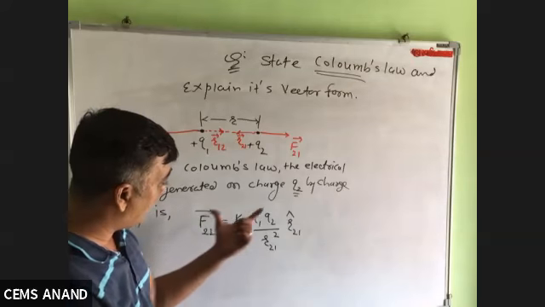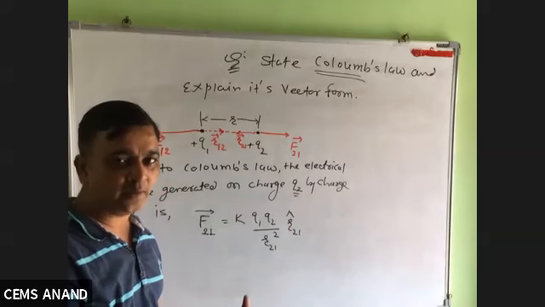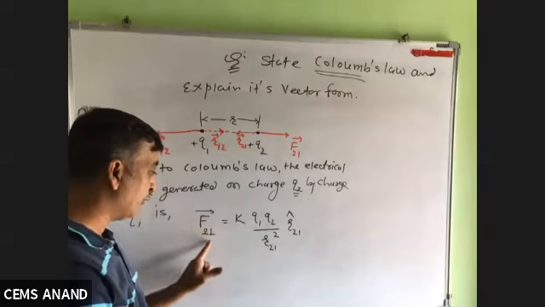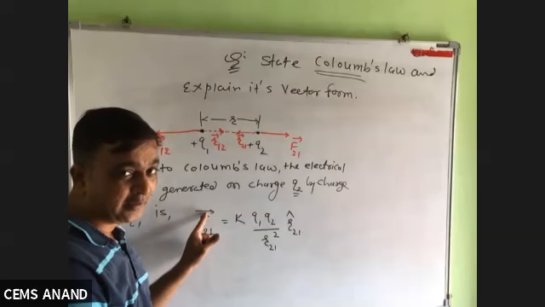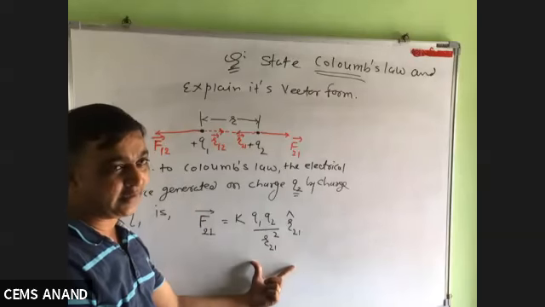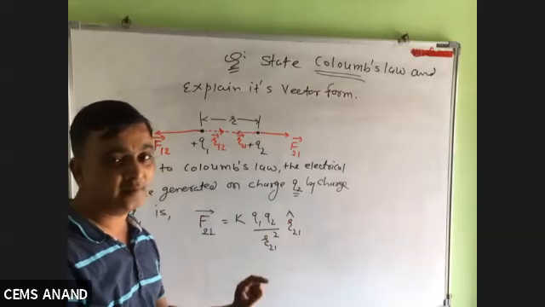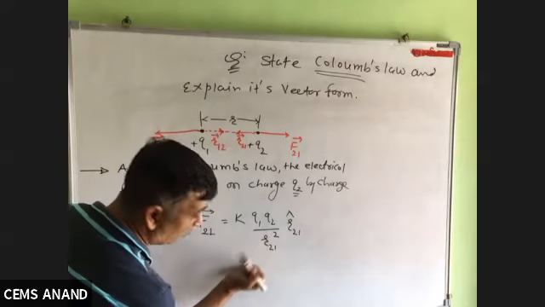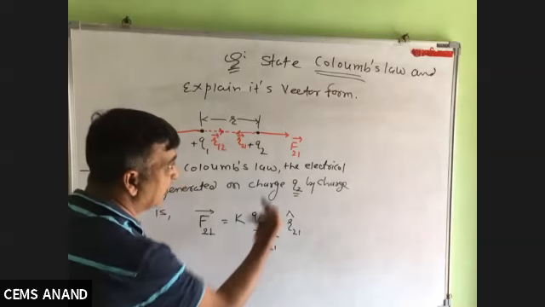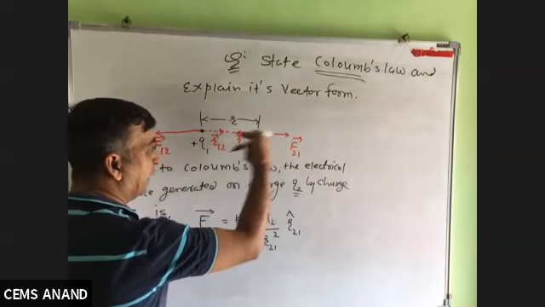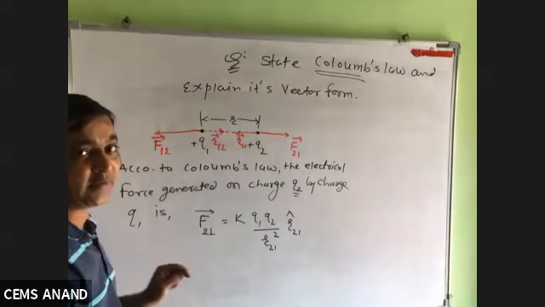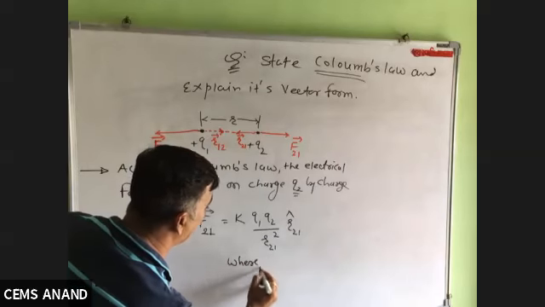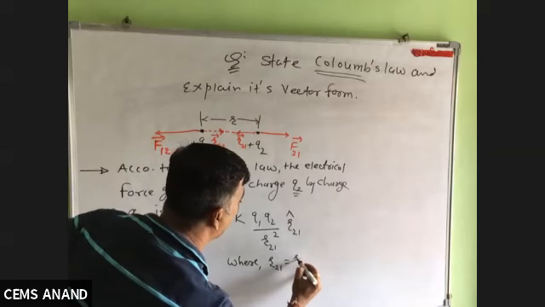The process and the equation is almost equal. Why is it so? Because we are denoting our force with direction. And if it is a vector, then the quantity on the right hand side also has to be a vector. And so here a unit vector is used. What about this? There is no arrow. Even though we know that the distance is calculated from 2 to 1, there also there is no arrow, which means it indicates magnitude. So let me write where R21 means R21 vector.